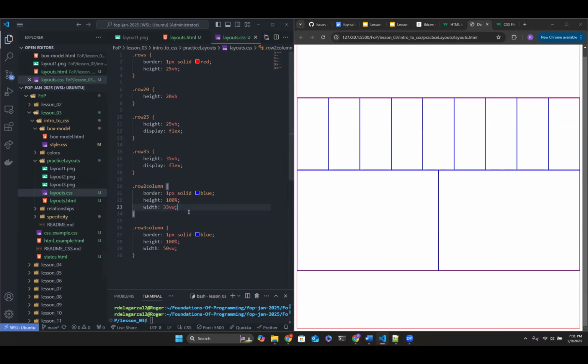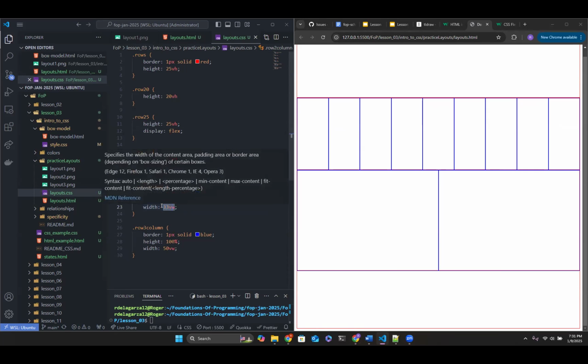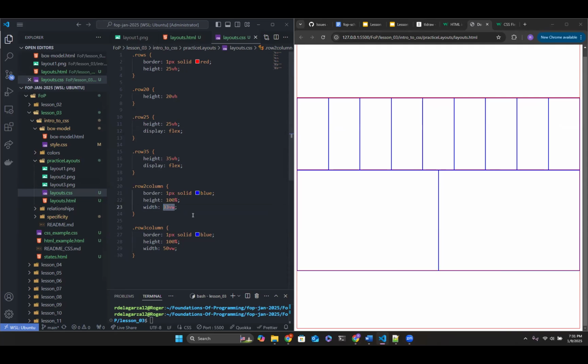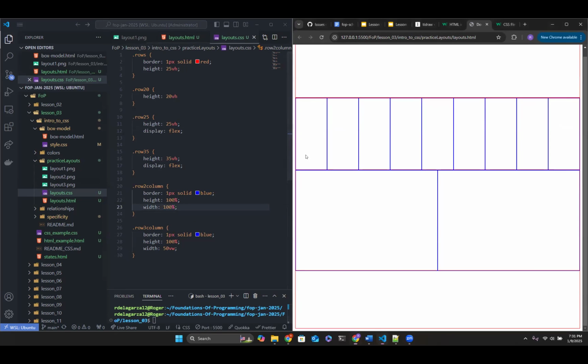What did we do? If I do 100%, it's going to look a little weird. No, it's working perfectly fine. Row 2 column. Oh my bad, I'm doing the wrong one. No, this is correct.